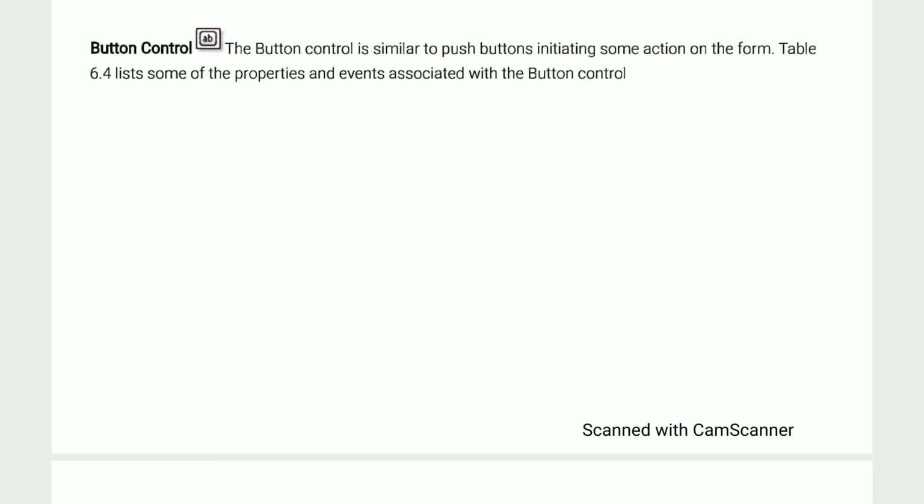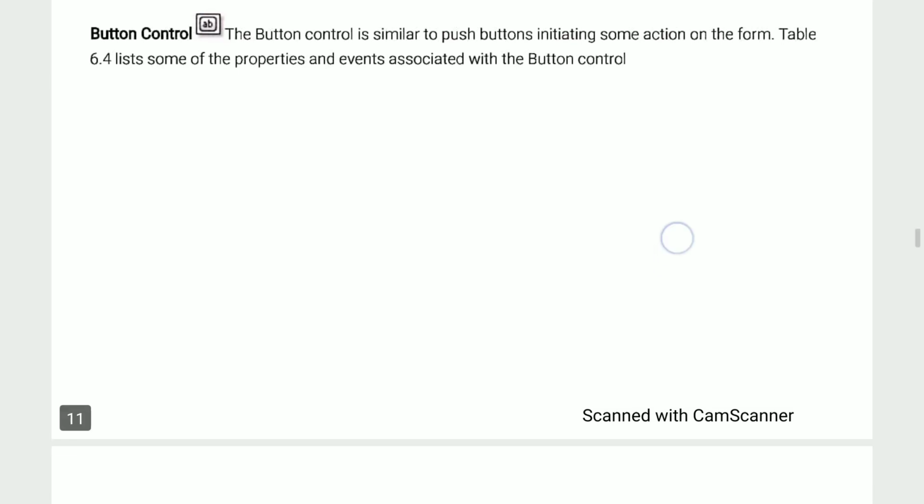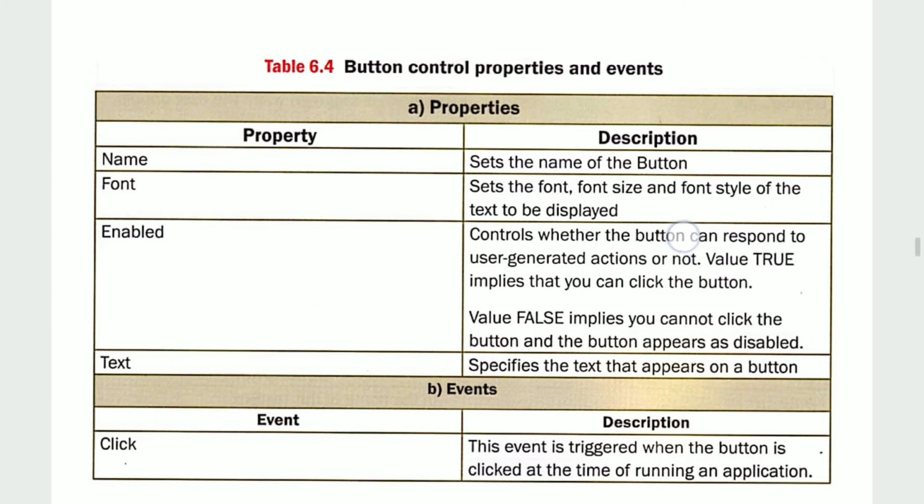As we see any particular button, we know that by clicking on that button, a different action will be generated. Some of the properties and events associated with the button control are, as you can see on the screen.